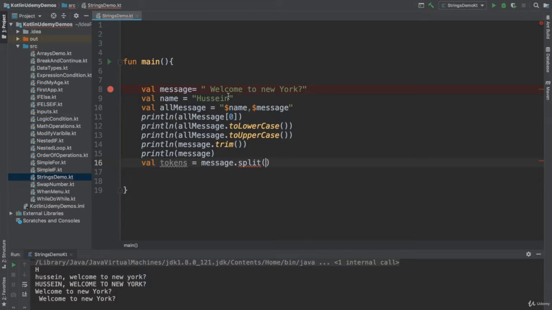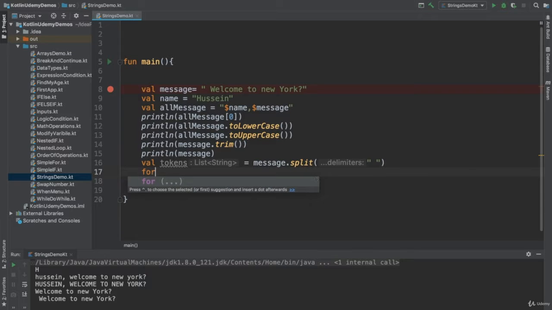So how would I split it? On what character do I want to split? I want the delimiter. I wish a space. That means whenever you find a space, just split. So this one will be alone, this one alone, this one alone, and every word will be alone. Then they will be added as a list of tokens. So I could print them by saying for